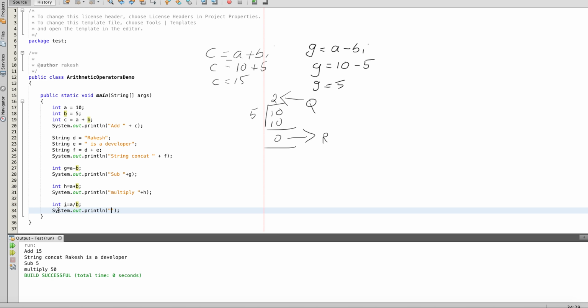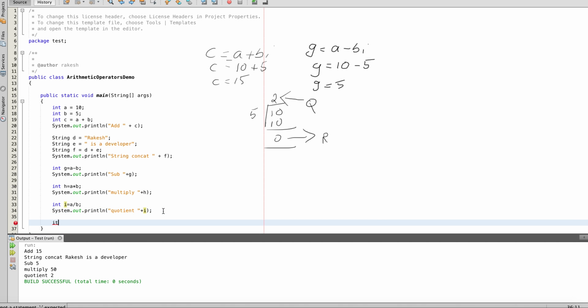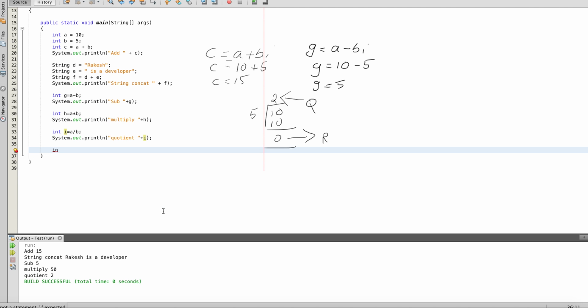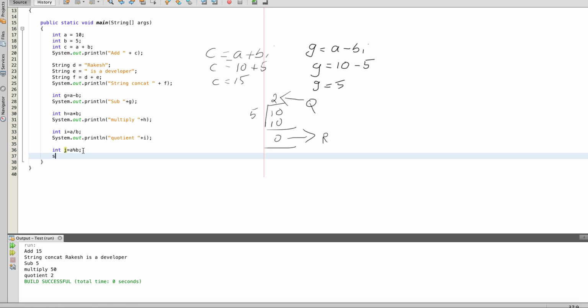If we print this output, you can see the following output: quotient equal to 2. And then int j equal to a remainder operator b, and then a semicolon. Sorry, we have already used the variable i. If we print the output,